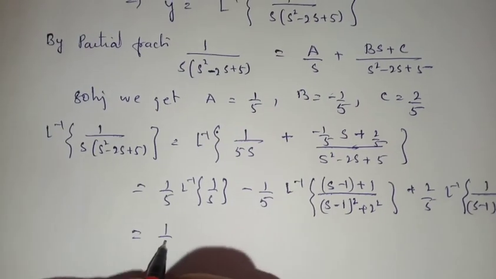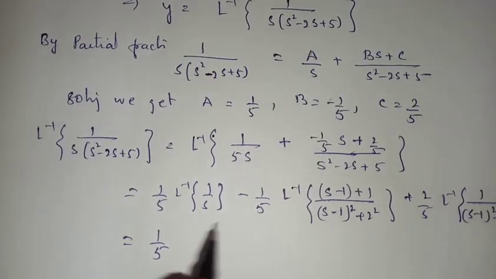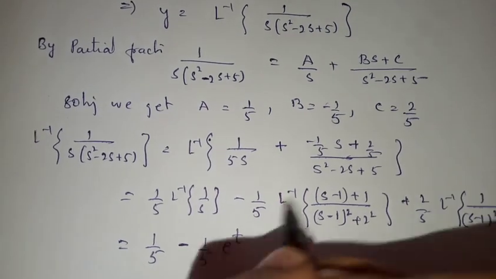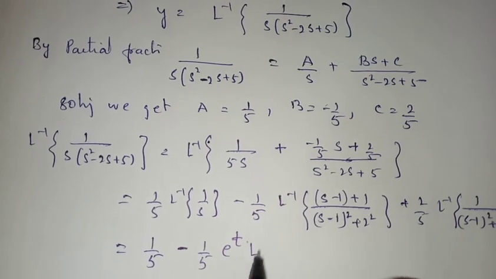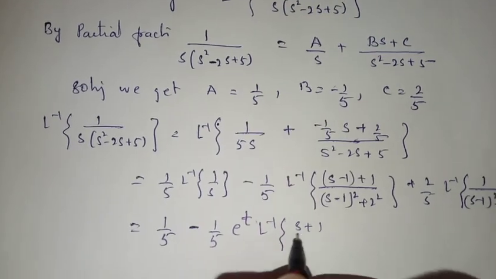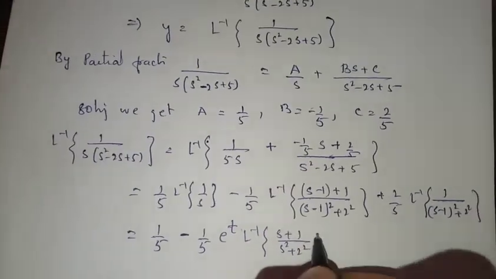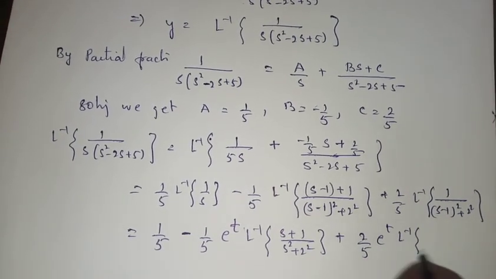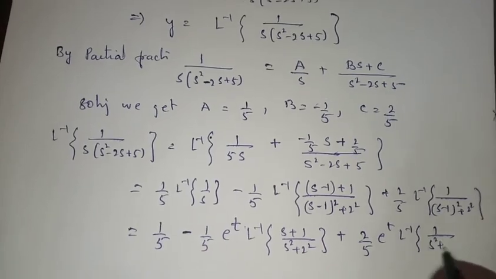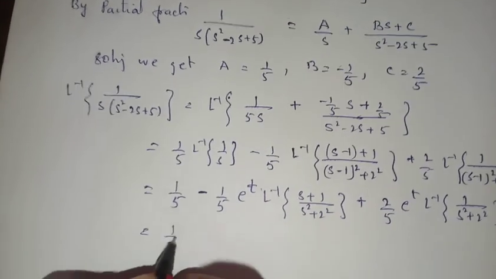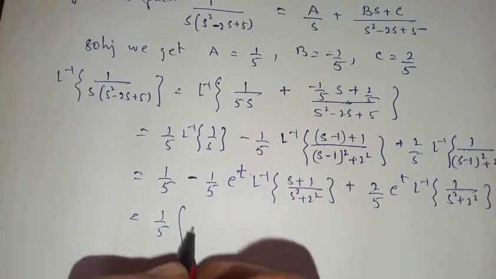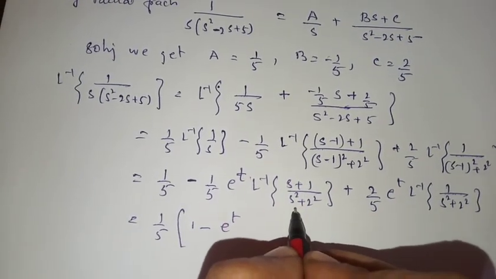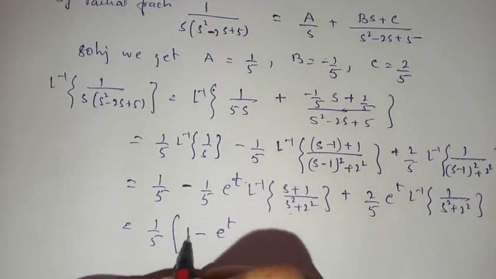So this is 1/5 Laplace inverse of 1/s is 1, minus 1/5 e to the power t. This is because here it is s minus 1, e to the power t, s plus 1 by s square plus 2 square. 2/5 e to the power t Laplace inverse of 1 by s square plus 2 square. 1/5 you can take out common. 1 minus e to the power t, s by s square plus 2 square is cos 2t